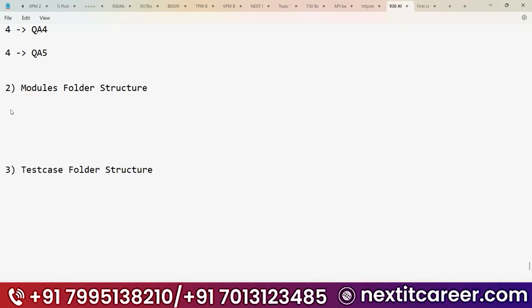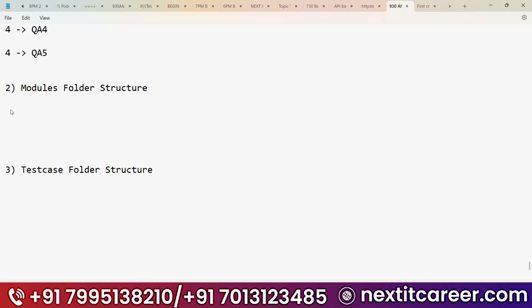In the module folder structure, once you have done your regular folder structure, then you need to go to the module folder structure. Now you will scan the modules. How to scan, I will tell you, guys. If you scan the module, how will a person know that you are following the correct way?